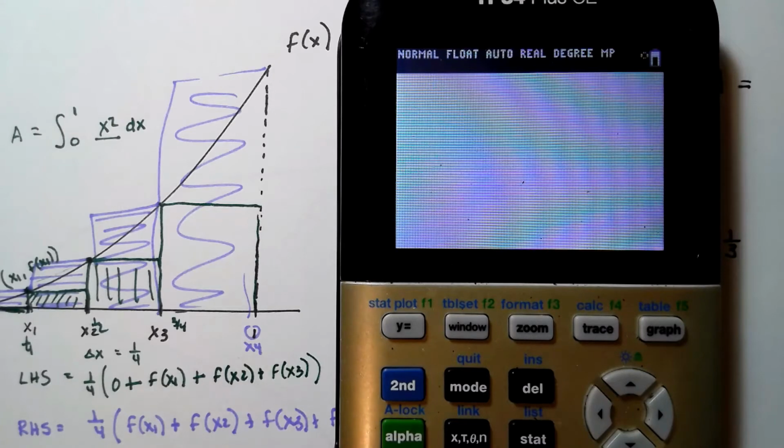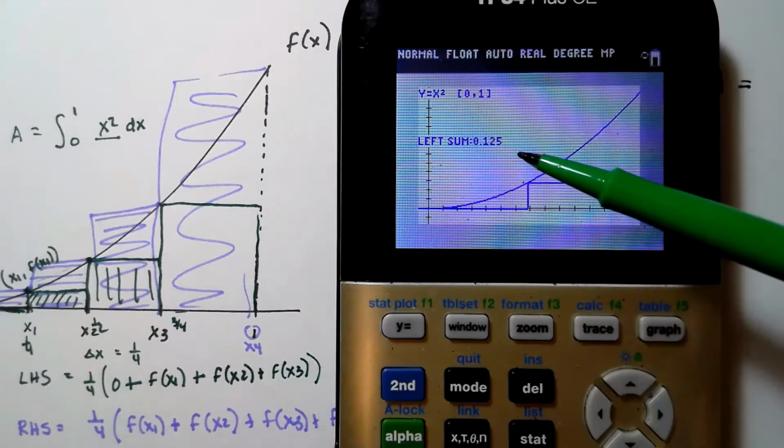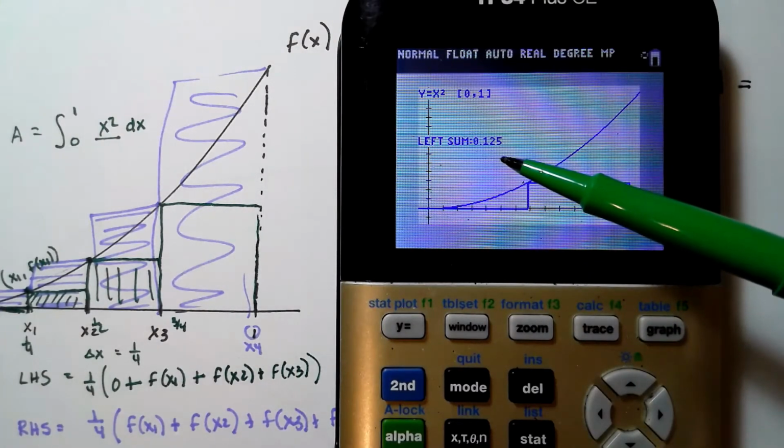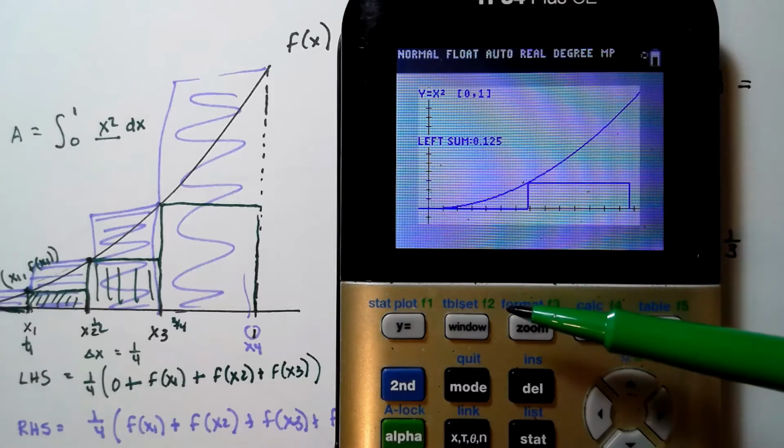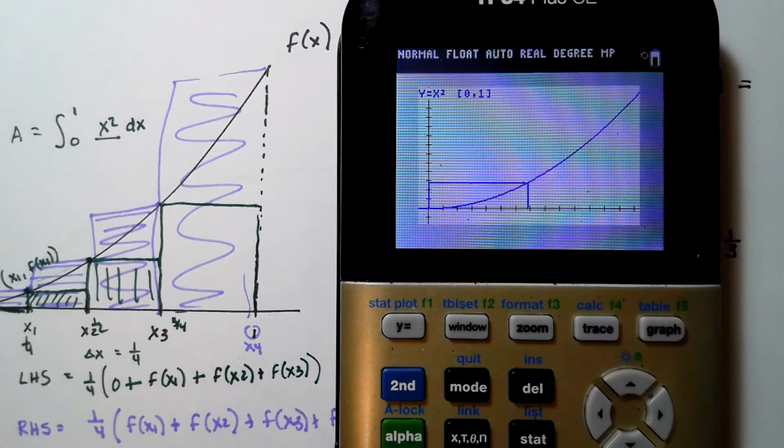Oops, I pressed the wrong button. 2 is left sum, and it's going to draw the 2 rectangles, and what we see is that our sum is 0.125. Okay, now if I press enter again and I tell it to do a right sum, now it's